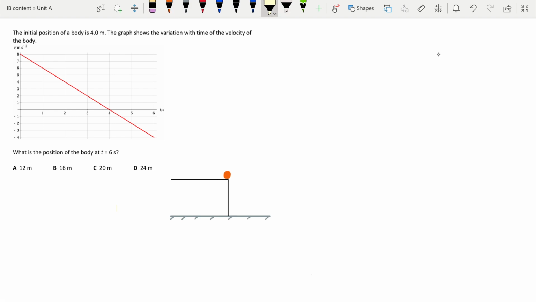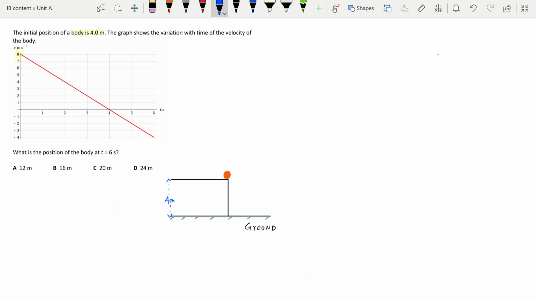Initial position of a body is 4 meter from some reference, okay? And let's assume that this reference is the ground and this height is 4 meter. So this is the initial position of the object. If you throw this object with some velocity, and according to this graph, this velocity is 8 meter